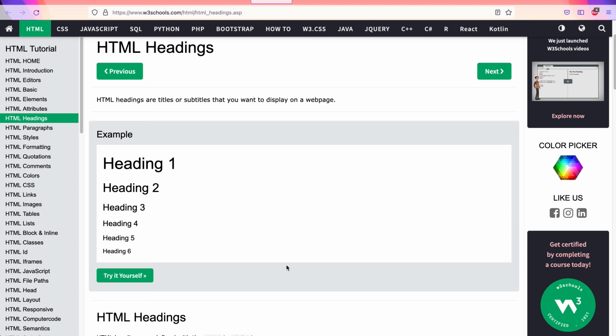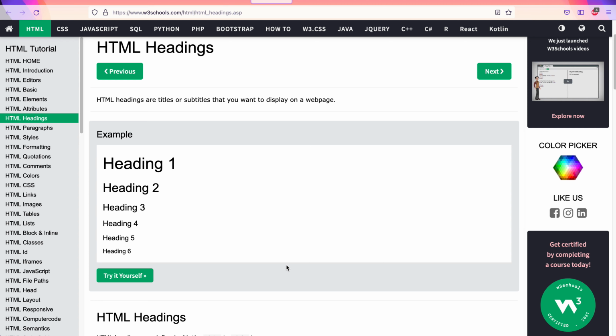Now, HTML supports different levels of headings. For example, 6 headings or 7 levels of headings. The first level of heading, which is the first and foremost, is called heading 1. And the next level heading is called heading 2. By default, if we don't specify any additional styling, then heading 1 is shown bigger, and from that size, heading 2 is slightly smaller, heading 3 is even smaller, and so on and so forth. We can define maybe 6 or 7 different levels of headings.